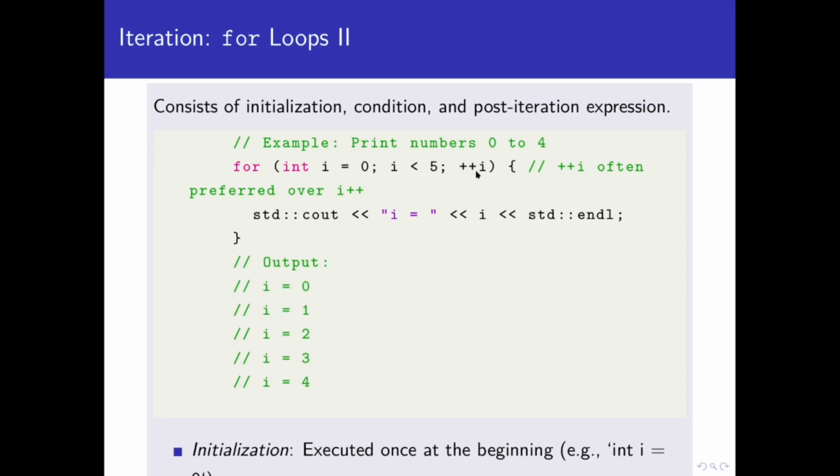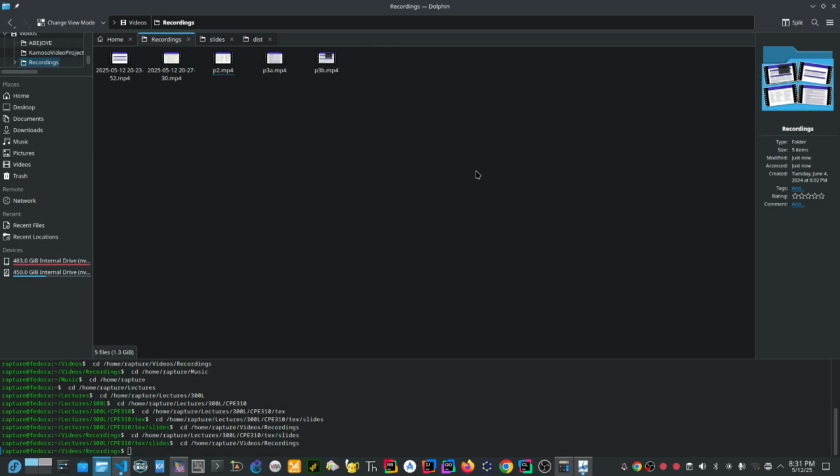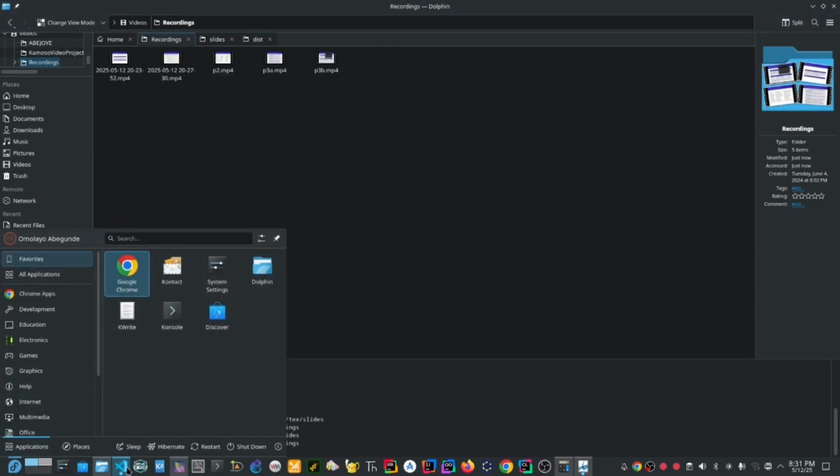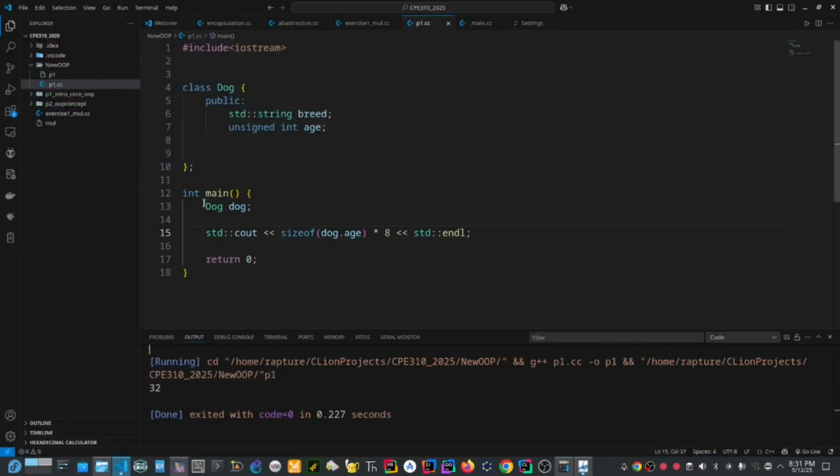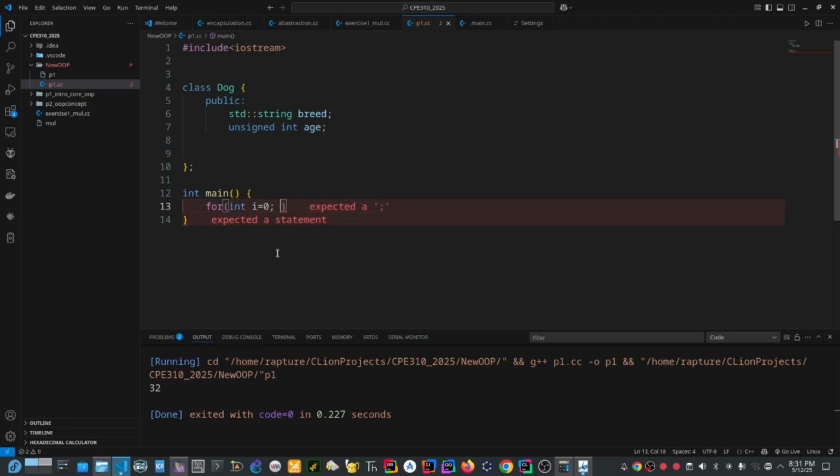For example, as I was saying the other time, if we have this, let me write it: for int i equal to 0, i less than or equal to 50, i plus plus.